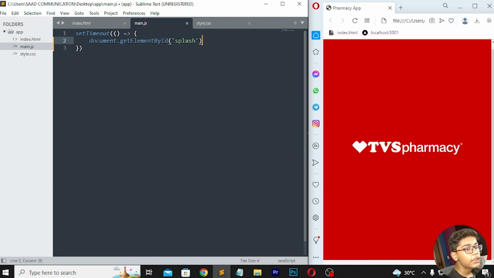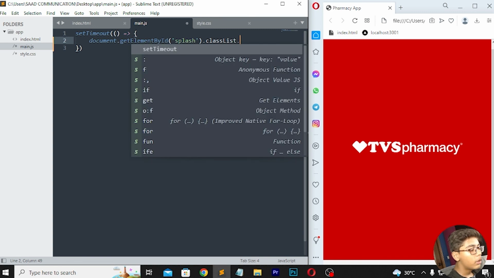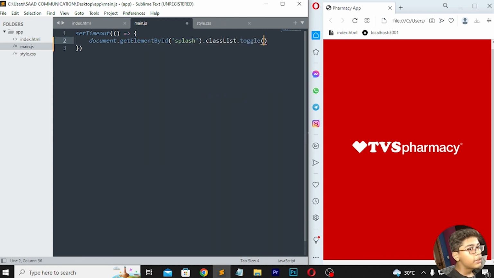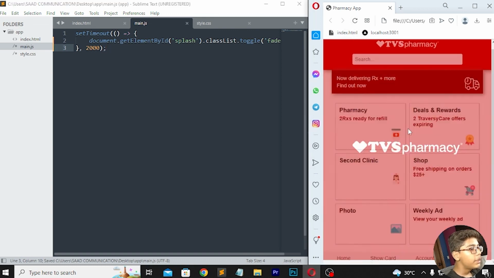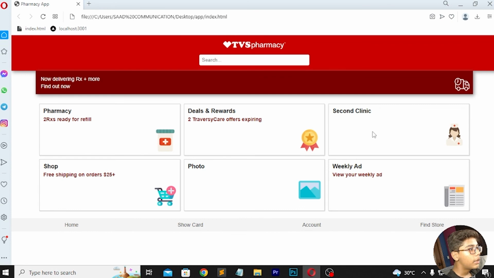Now when you've written this class splash, then you have to write .classList here, then right here .toggle, then make this bracket here in which I'll be writing fade. Now when you've written this, you have to simply do one thing here, you have to move down, and after moving down here I'll be writing comma, then you have to write 2000 here, close this tag here, save this, then reload, and if I reload here, so you can see we are just getting,